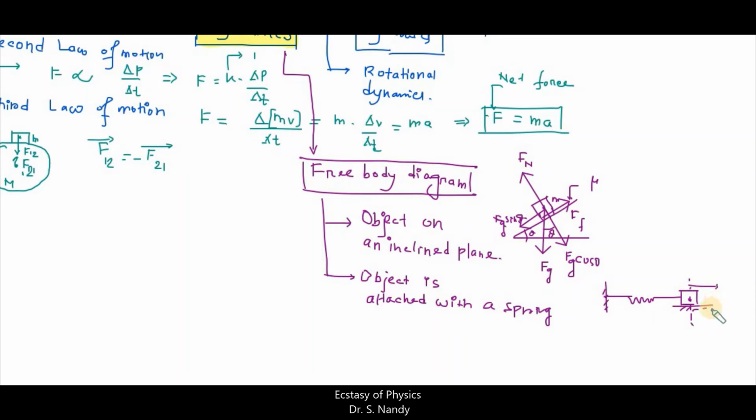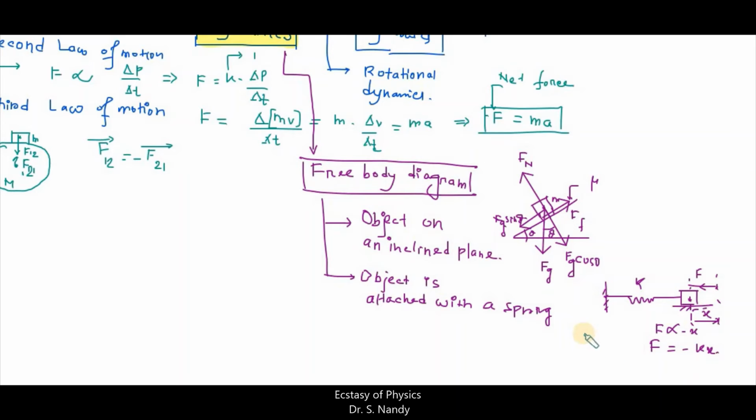Now if we provide a certain amount of external force on the object, the spring is going to elongate, and once we remove that external force, the object will come back to its initial position. The reason behind that is the spring restoring force. Due to the deformation of the spring, a certain amount of restoring force is developed in the spring, and that restoring force F is proportional to the negative of the displacement, where the displacement is represented as x. The negative sign represents that the restoring force is built in the opposite direction of the displacement, and that force can be represented by F equal to negative k into x.